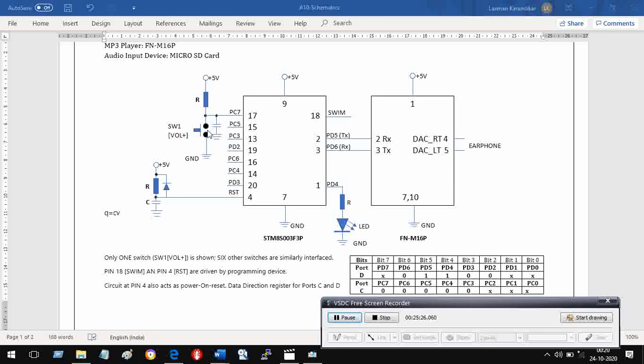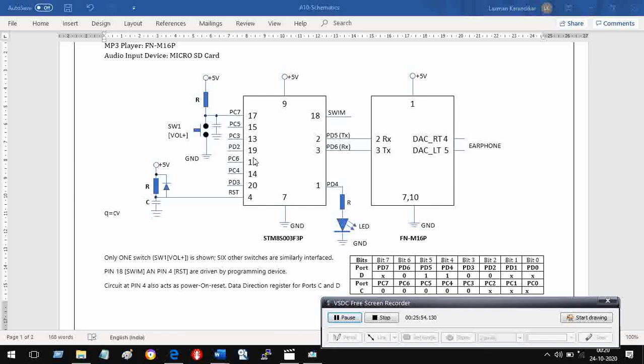So when you press it, it is shorted, so it goes to 0, and when you remove it, then this goes to plus 5 volts through a resistance. If you don't put a resistance, then what will happen? If you just connect it here, then what will happen? When you press this key, 5 volt will be shorted to ground, so to avoid that you need this. So on every pin, this